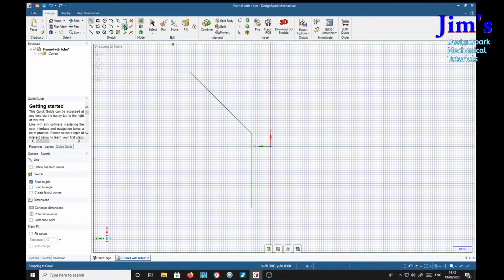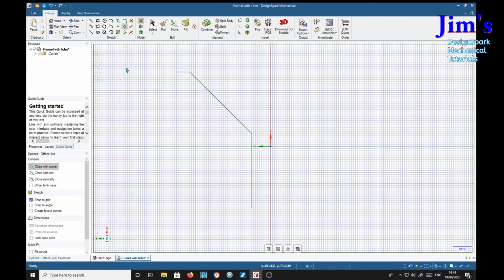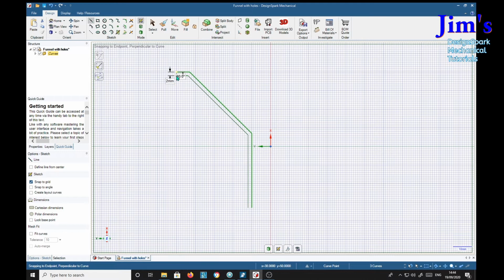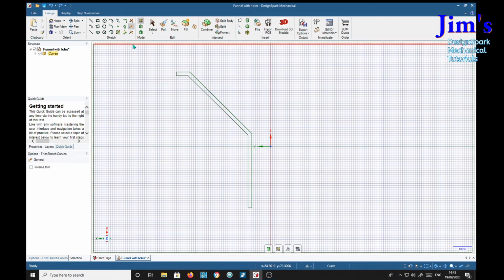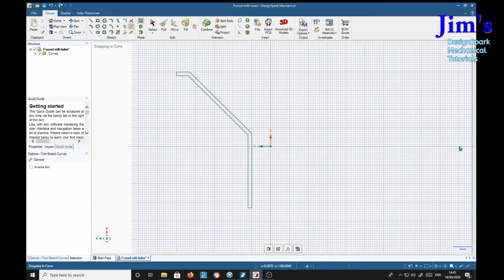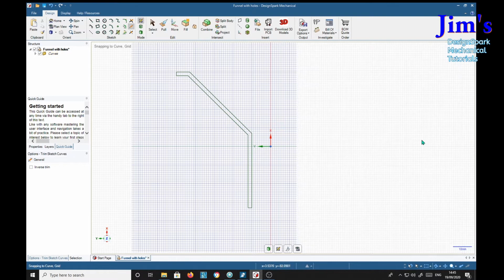Now we'll duplicate that line and select the offset, double click, and then we can move that away 2, and that's nice. So we now just need to connect up the ends. And we can dispense with this temporary lines, but we now want a centre line down here, so we'll use a construction line, put that down the middle,